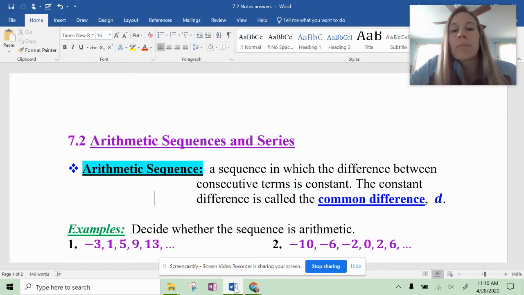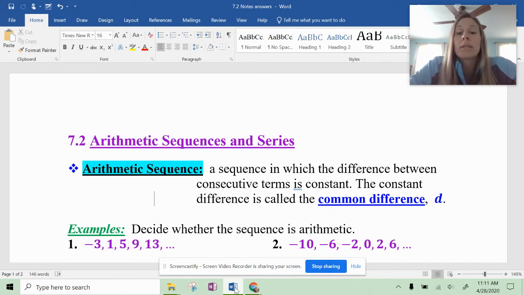We also looked at some patterns where the numbers were increasing by maybe 2, then 4, then 6, or they were being multiplied by something, and all sorts of different types of patterns. But today we're just going to focus on arithmetic sequences and series. We're going to go over how to determine what's arithmetic and what's not, which we did touch on a little bit in yesterday's lesson. And then we're going to use some formulas that can be used specifically for arithmetic sequences